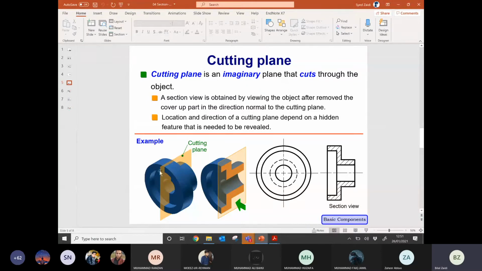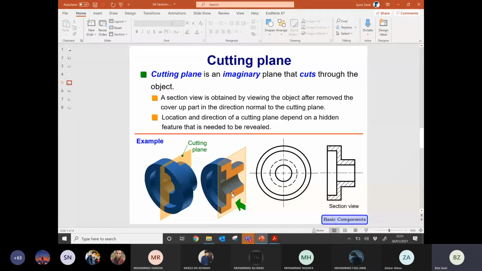It is an imaginary plane that cuts through the object. And when you remove the right part and draw the remaining part, this side view is called the section view.